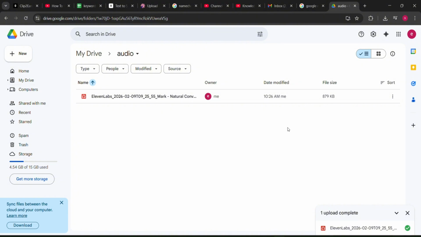And that's it, guys. Here in a few simple steps, we learned how to add an audio file in Google